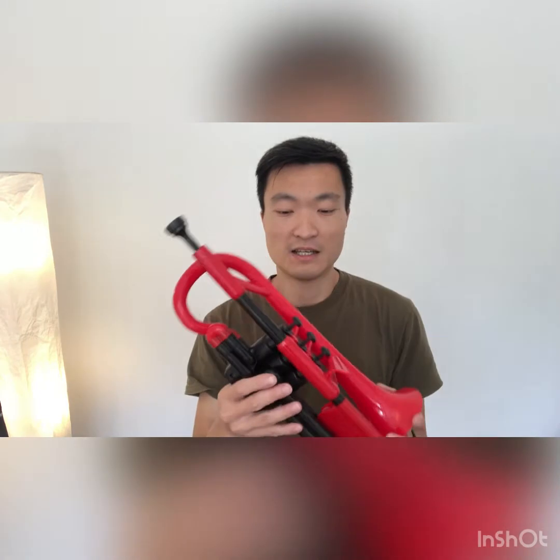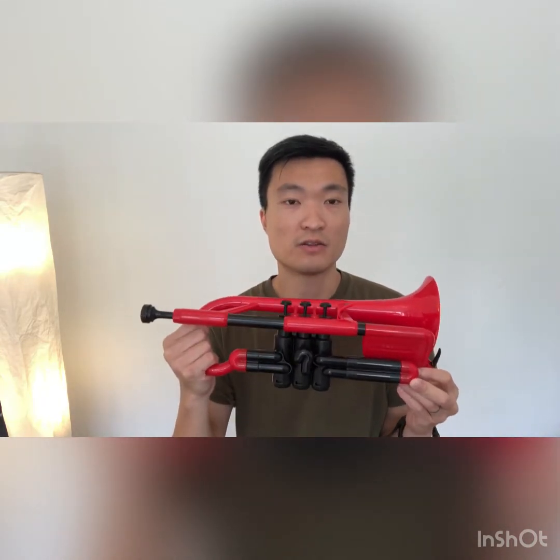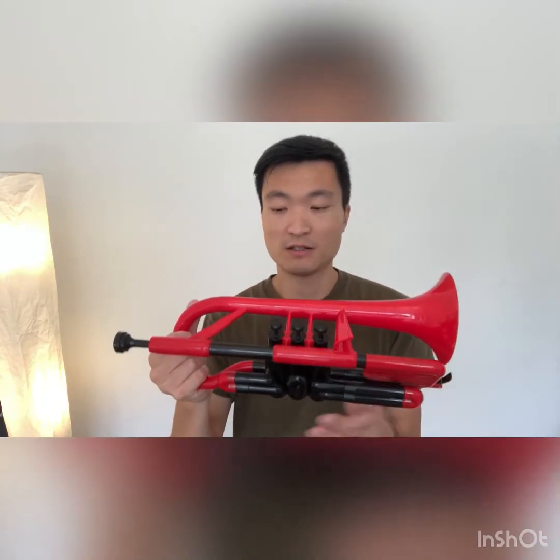So apart from these two points that I made, the tight bend and the valve is a bit strange, it's still a working instrument, but having played on a brass instrument and moving to a plastic, it always feels a bit strange. And to be honest, the valve, I think it can be better. But I would definitely recommend for any beginner to learn the trumpet or the cornet, to